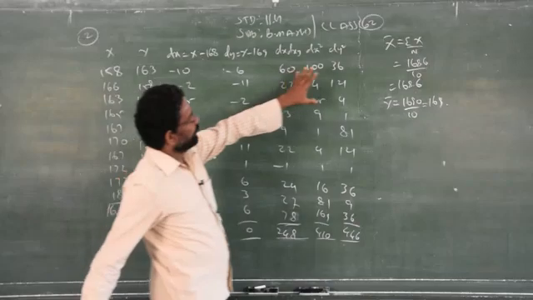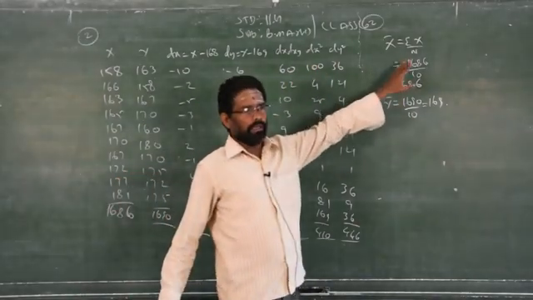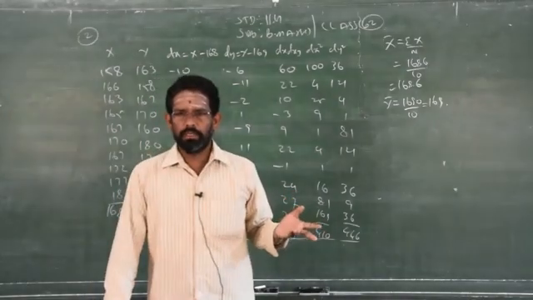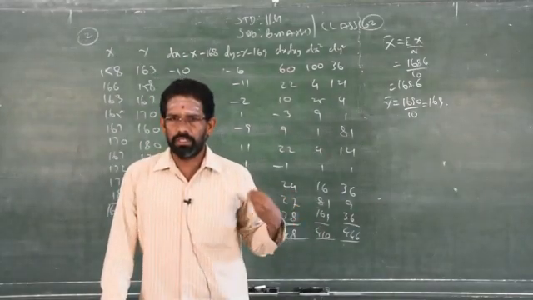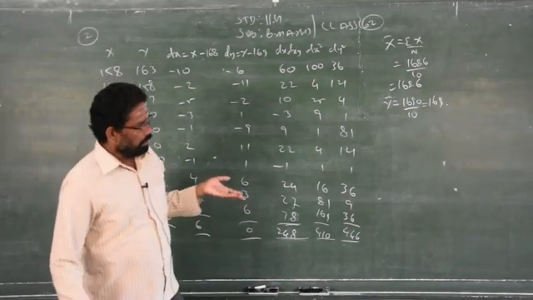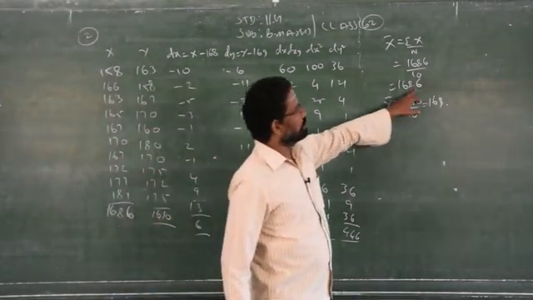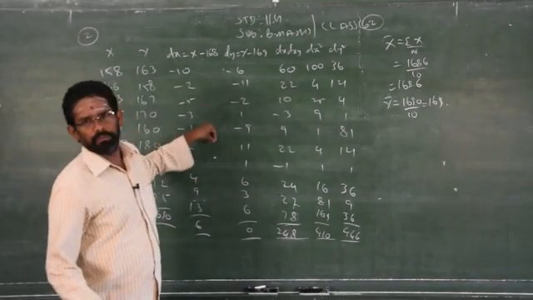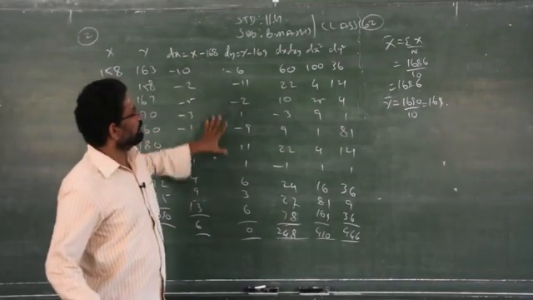So first you have to find what is x bar and y bar. When x bar and y bar are whole numbers, then you can go for deviation with the mean, that we did already in exercise number 9. Follow that method. If it is not exactly a whole number like this, then you go for the deviation method with assumed mean. Clear? So this is the assumed mean method.